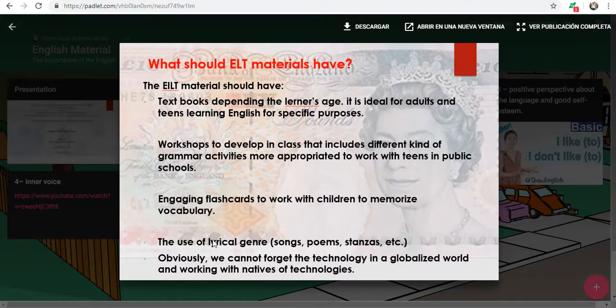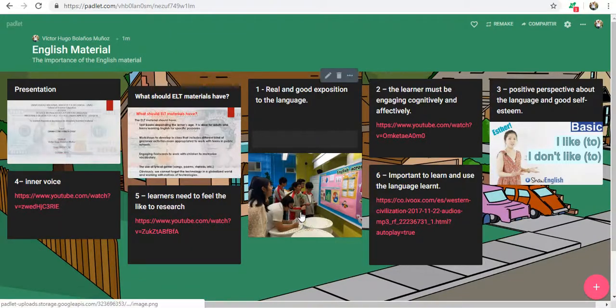And obviously in every process we must not forget the technology, because it's going to help the adult people or maybe teenagers to work in their houses, to connect with people in different parts of the world in this globalized world, and for the children because they like the technologies so much.